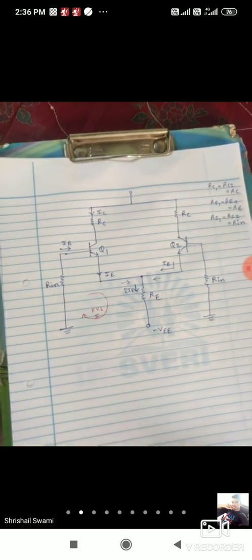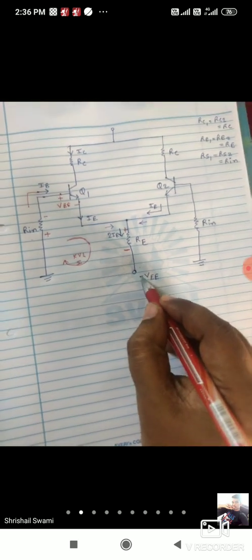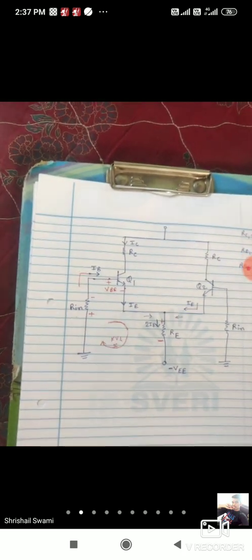This is loop 1. So here you have to apply the KVL. Now base current is flowing in this direction. Base current goes like this. So according to that here is plus minus. So here plus minus VBE. This is the base point. This is the emitter point. So base to emitter voltage is VBE. Now this current is flowing. 2IE current is flowing, therefore here plus, here minus, and minus V is there. So this is the closed loop. We can apply now KVL here, Kirchhoff's voltage law.